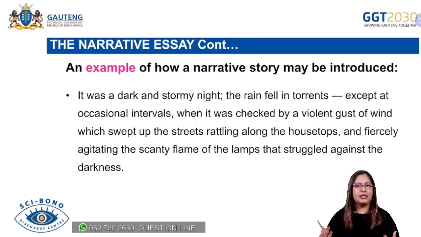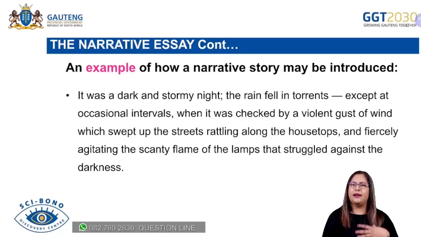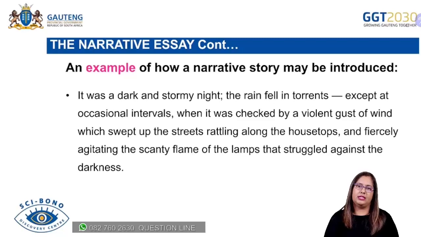Things that are describing a simple thing like a heavy thunderstorm have been described in such a way as to make the stormy night seem so much worse than one would imagine it to be, where there's this gust of wind and the streets are rattling with sounds that are coming from obviously things clanging against each other and creating this noise. Okay, and a very aggressive flame has also been described for us there. So that's kind of an example that you can look at when you are trying to construct the introduction of